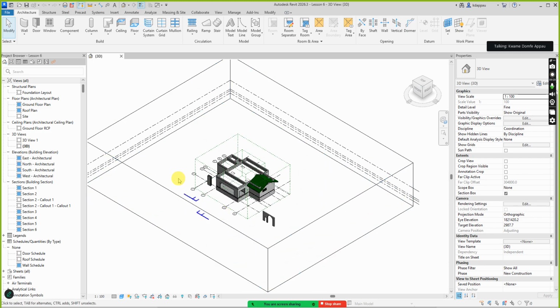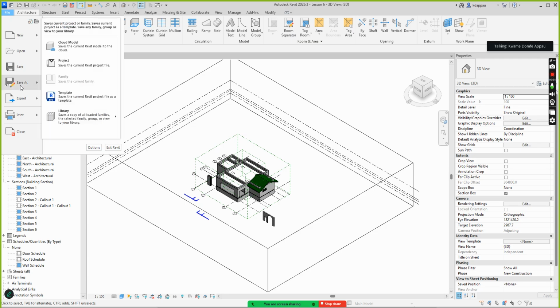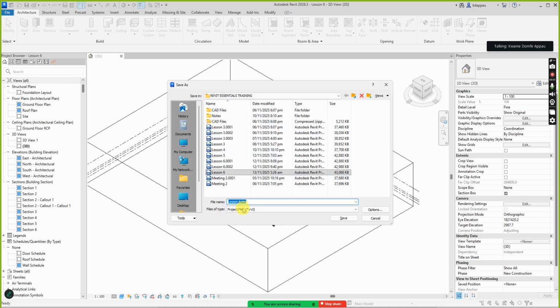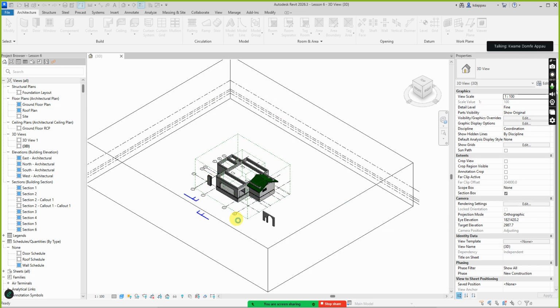So what I'll do is take this file, go to File, Save As, Projects, and then give it a name and call it Lesson 7 for today. Lesson 7, and then save it, so that it will save another copy of the file called Lesson 7. Whilst it is saving,